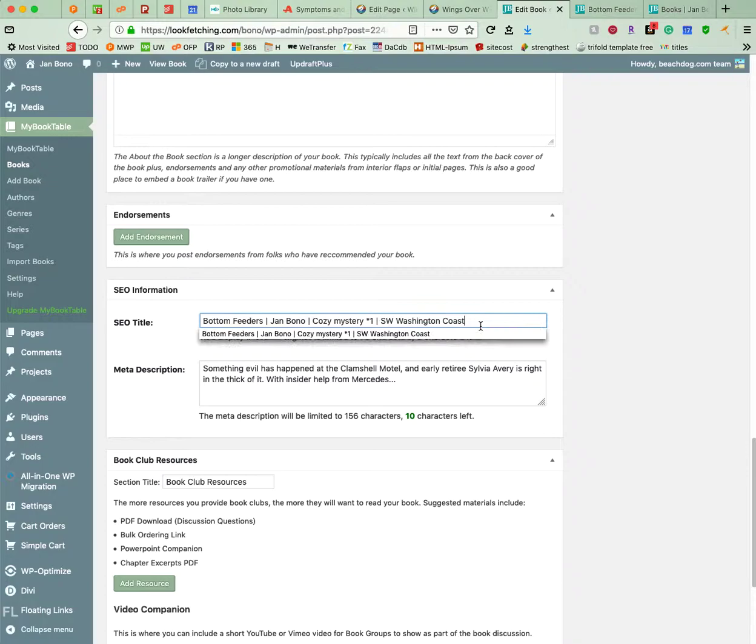How do you like that? I made you the highest priority. If you do feature other authors on your site, I don't know why you would, but if you do, you could make yourself a higher priority than them so your books show up first. Update button is here. As soon as I update it there and I refresh this page,